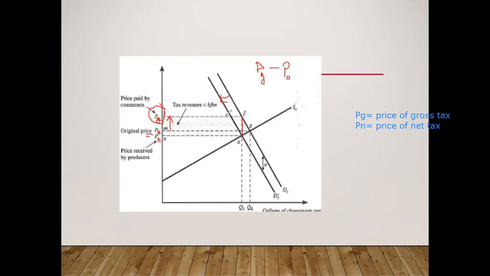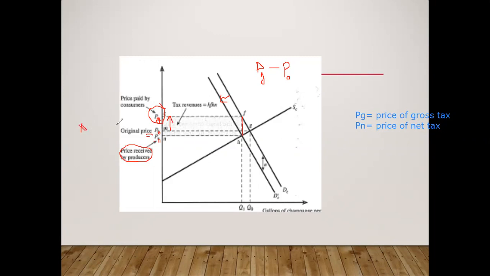Producers also pay part of the tax in the form of a lower price received per gallon. Producers now receive only PN. This is the price that producers received, while before the tax, they received P0, the original price. Thus, both producers and consumers are made worse off by the tax. Notice that the consumer and producer split the tax, in the sense that the increase in the consumer price